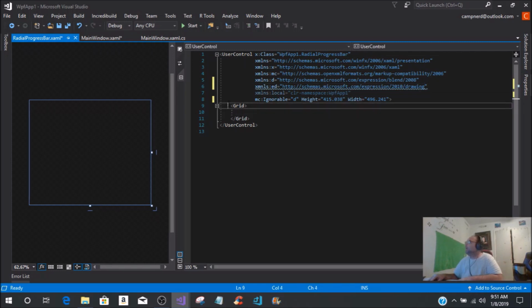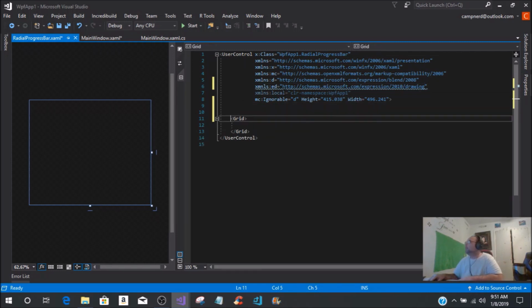Okay, and what this does is you'll notice that the namespace prefix in my part is not defined